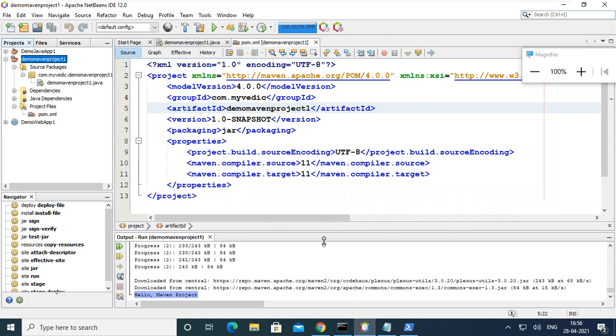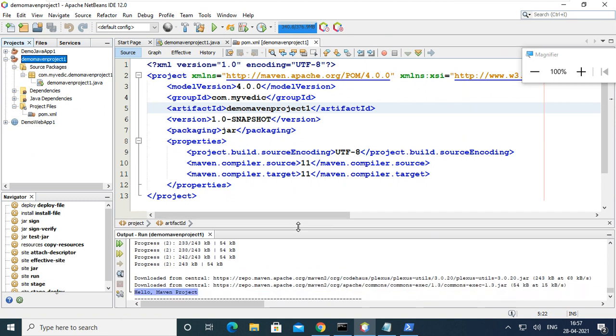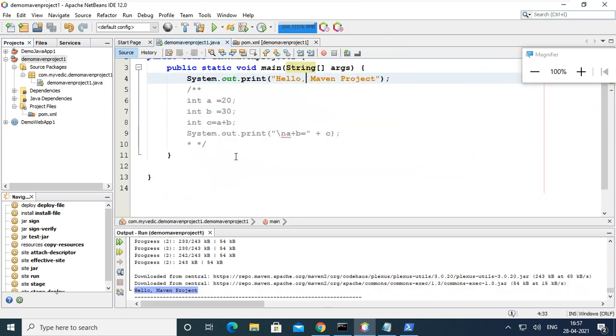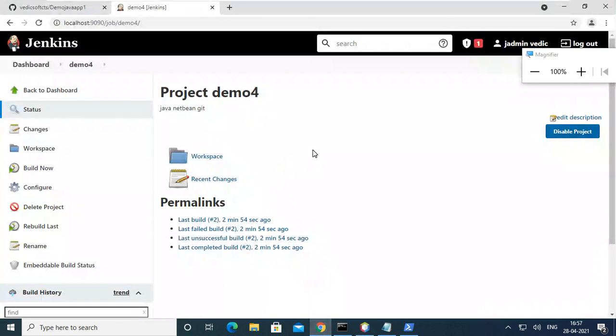Either you can give the source code from here directly, or you can upload it into GitHub, and we can do it with Jenkins also. So far, we don't have much time to split this part into two parts.